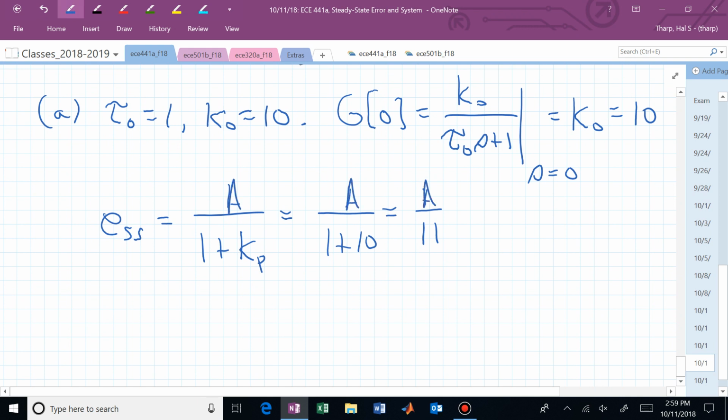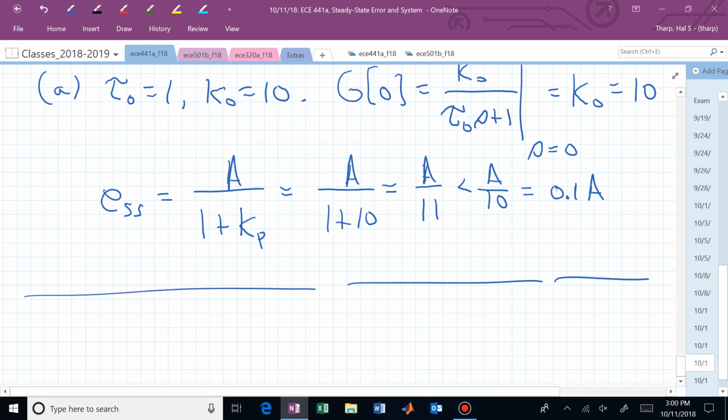So let me go ahead and say that that's now A over 11, and now this is going to be less than 1/10 of A. So we put in a constant of A for our reference input, and the error between the reference input that we inject into the system and the output itself is 10% of that. So we're within 10% of the initial reference input value at the output waveform